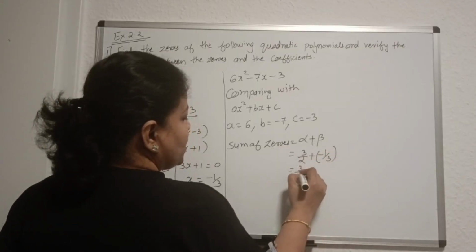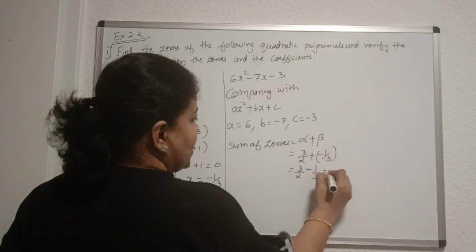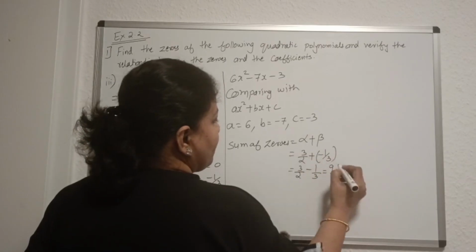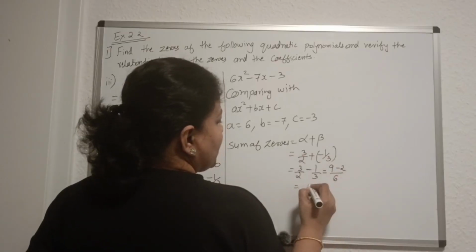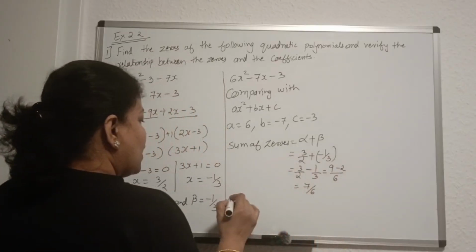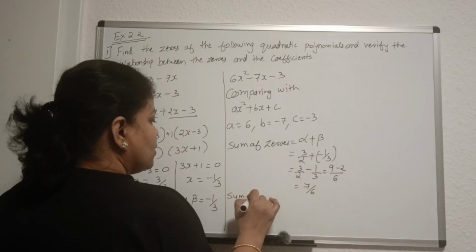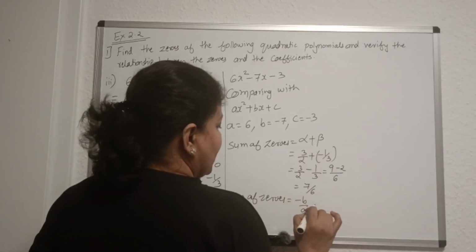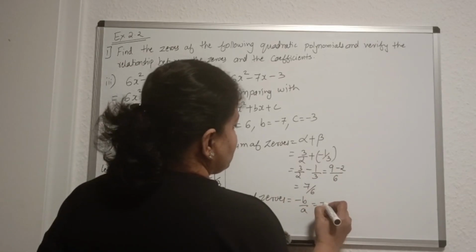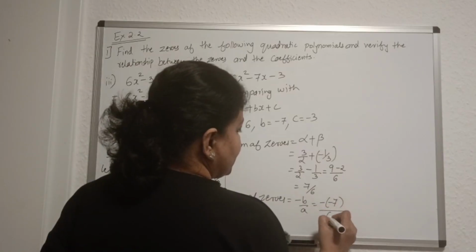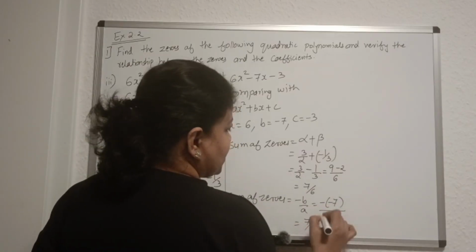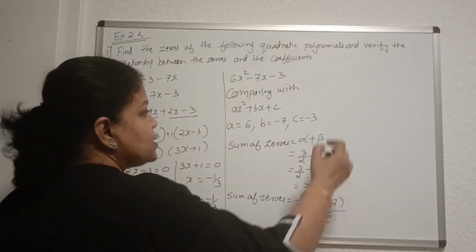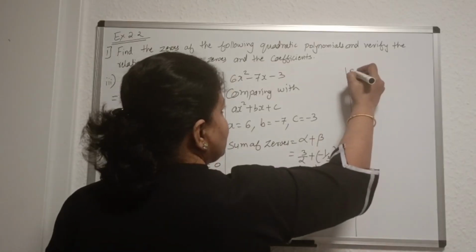If you add this, you will get 3 by 2 minus 1 by 3, which will come to 9 minus 2 by 6, that is 7 by 6. And by formula, the sum of zeros is minus b by a, minus of minus 7 by 6, which is 7 by 6. So you can see by formula and manually it is the same. The last relationship that we have to see is